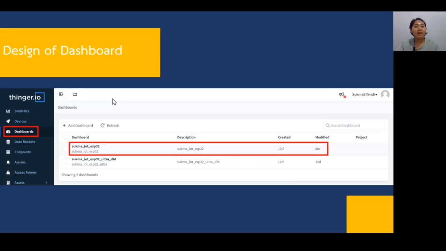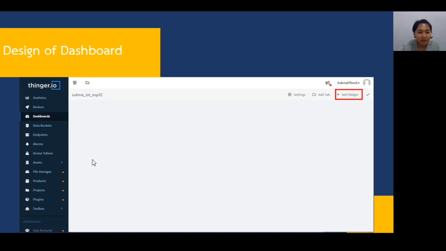And then after that, we have to make the dashboard. Just go to the Dashboards menu and then Add Dashboard. Click Add Dashboard and then fill in the name and so on. And then after the dashboard name for the system is shown, just click the name of the dashboard, and it's still empty,